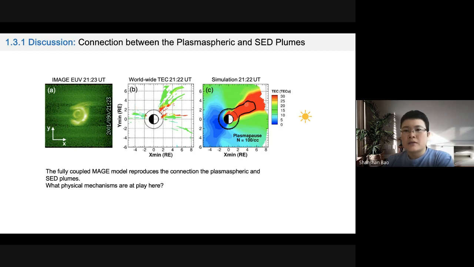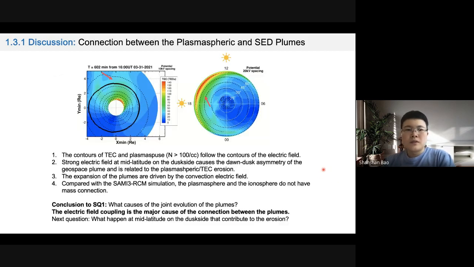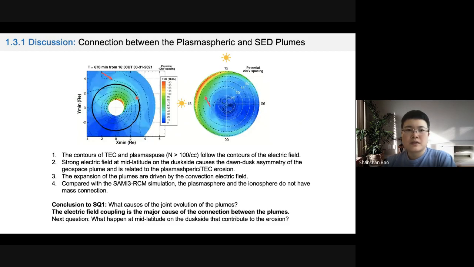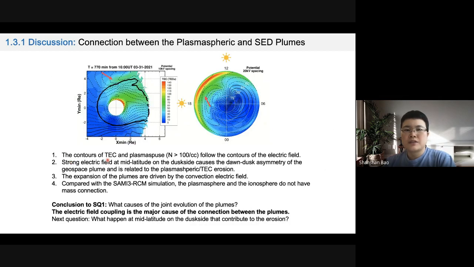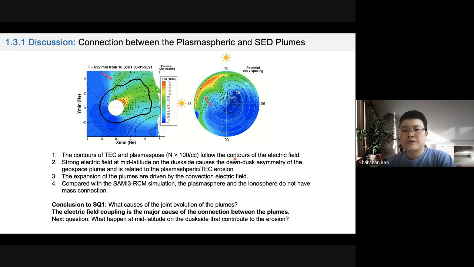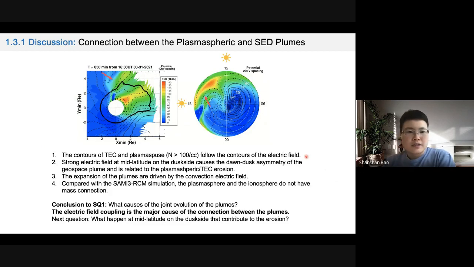And here we plot the same thing from the simulation, and we can see this overlapping feature of the plume was successfully reproduced. So the question is, what physical mechanism is at play here? If we look closely at their evolution, this is the equatorial plane and this is the ionosphere. We can see the contour of TEC or plasma plume basically follows the contours of the electric field, and